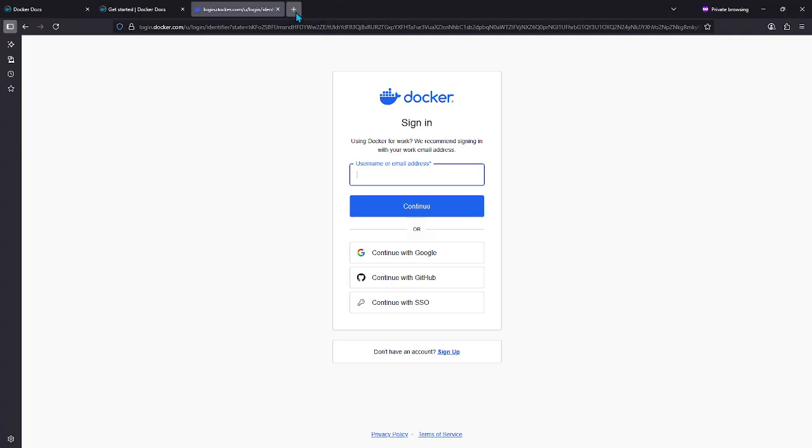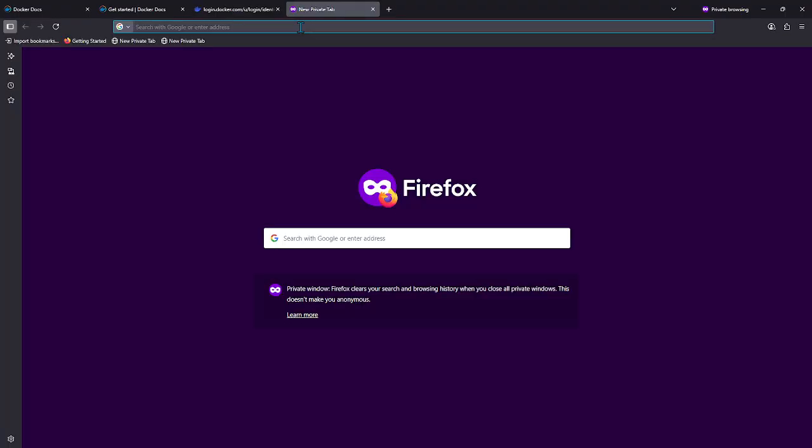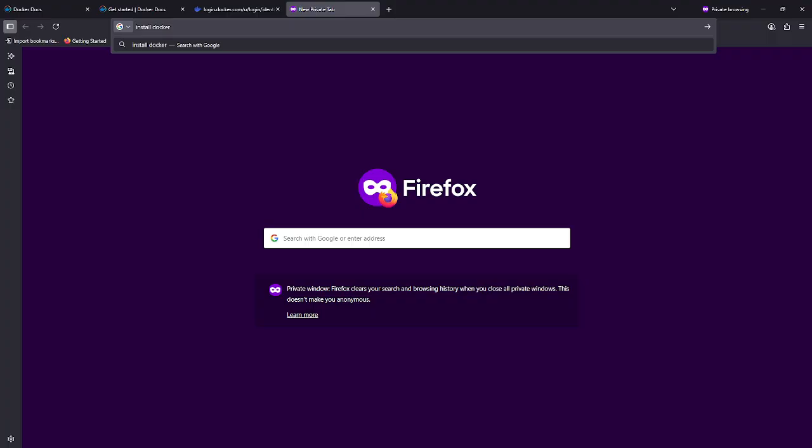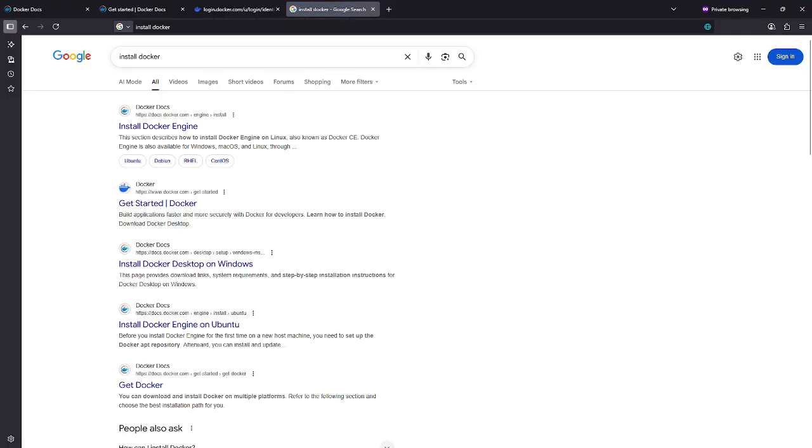And for installation, if you're not reaching any correct documentation, search for install Docker and press enter. There are so many links you will get, but make sure that you go to the official link, docs.docker.com. Though I'm not saying the blogs and other things are wrong, I feel like anyone can write a Medium article, anyone can create a YouTube video, but sometimes they don't know what they are teaching. So be a little careful unless you are well versed with Docker. Always follow the official documentation.